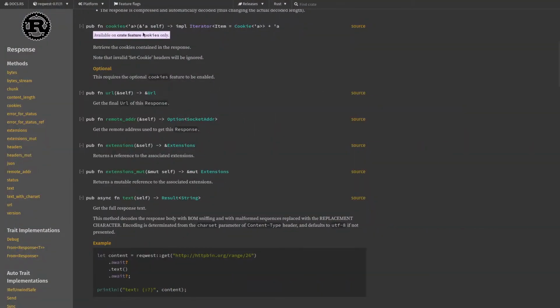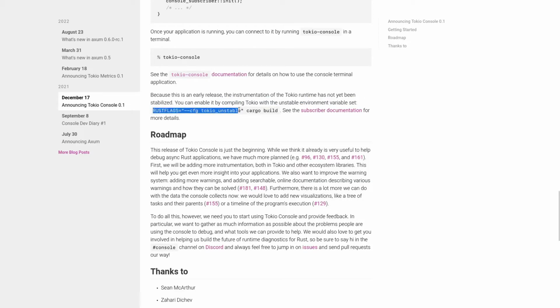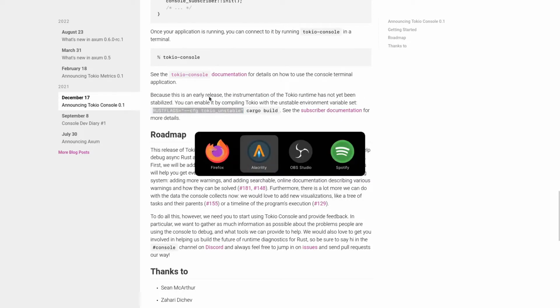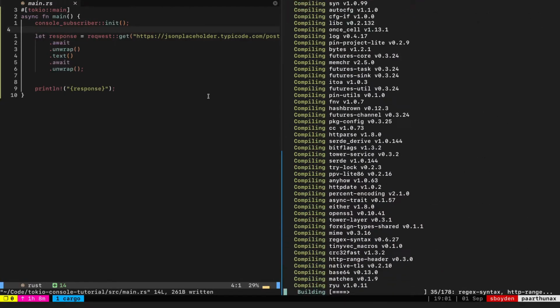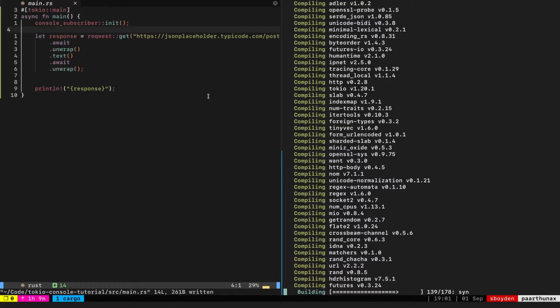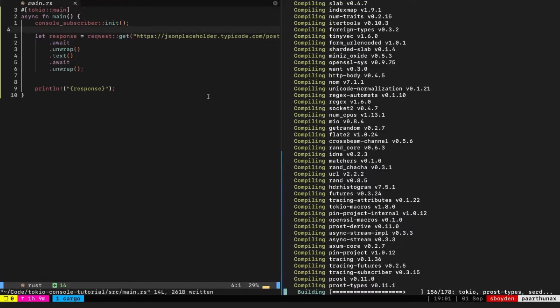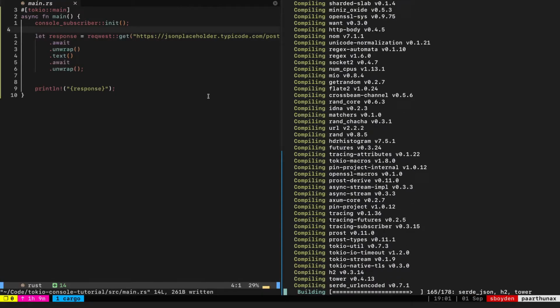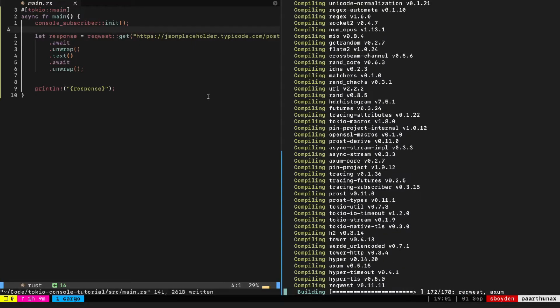What that should do is, once we run this, we have to pass these Rust flags here. If we just copy that and do cargo run, it should build that. It has to recompile all the crates because of the Rust flag we passed, which means we have to recompile all of Tokio and its dependencies. reqwest isn't a dependency of Tokio, but reqwest depends on Tokio, which means it will have to recompile because Tokio recompiled. So once our full project has recompiled,